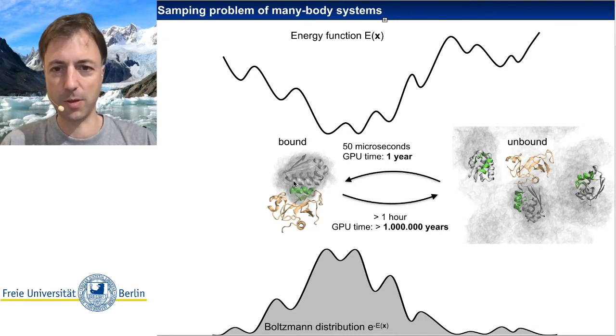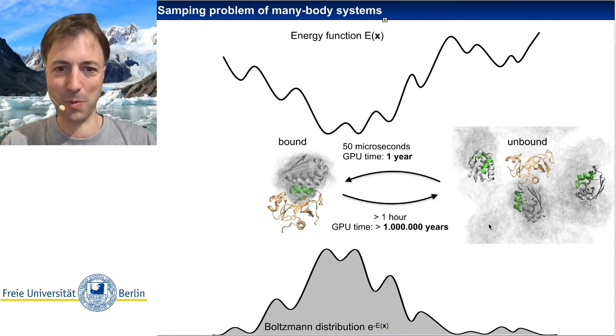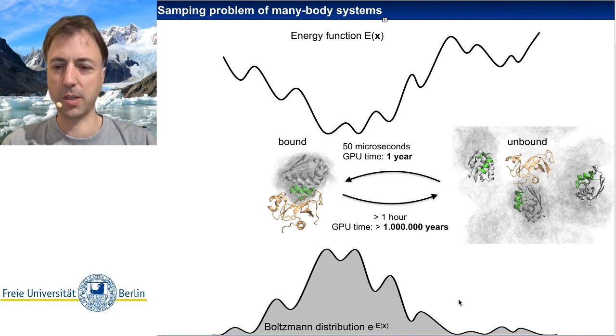That is still doable if we don't do it in one trajectory, but parallelize it. But the dissociation is the big problem, because it takes 1 hour of real time to dissociate this system, and that would be 1 million GPU years, which is simply completely infeasible. This is the sort of problem that we are facing here. That's the so-called sampling problem, and we want to know what methods can be used to beat it and still compute quantities such as probabilities to be bound or non-bound, and transition rates from bound to non-bound, without having to simulate 1 million GPU years.